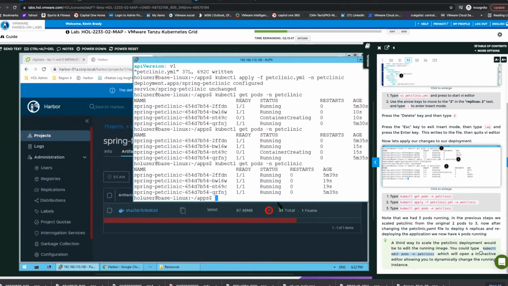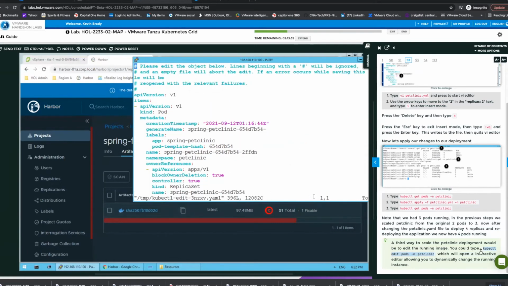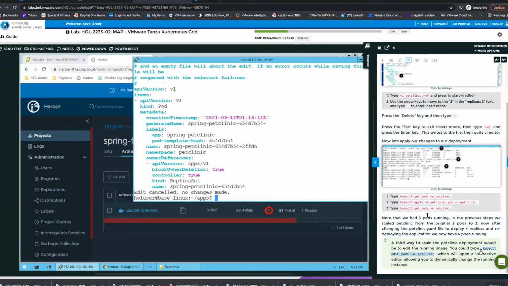The last thing we'll show here, and this is not recommended, but as a good example of the power of Kubernetes, is I can edit my pod dynamically. So what it did is it opened up whatever the default editor was, which in this case is VIM. And in here, I can now dynamically modify this file. Keep in mind that any change I make to this file will become effective if I do a W, if I write it and quit it. As soon as I write and quit, Kubernetes will apply whatever changes I made to my running file,